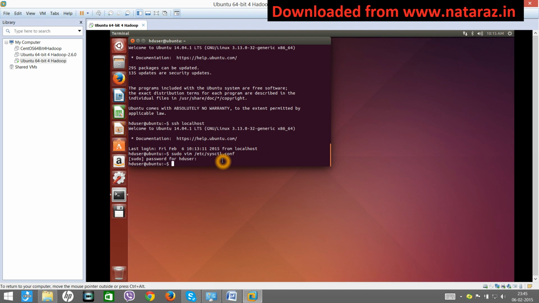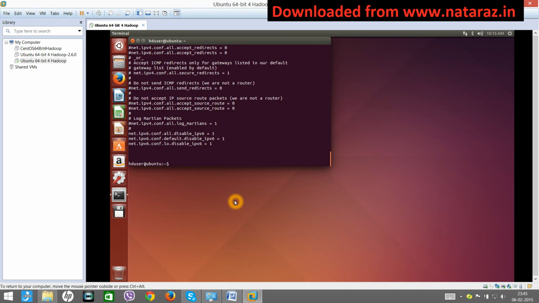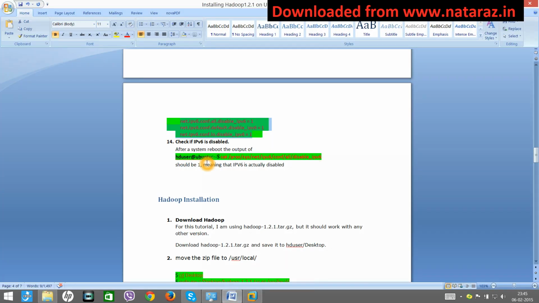If you want to see those changes, you can say more, copy this, paste, enter, go down. Right, the last 3 lines are your changes. Okay, this is done. Next, check if IPv6 is disabled.